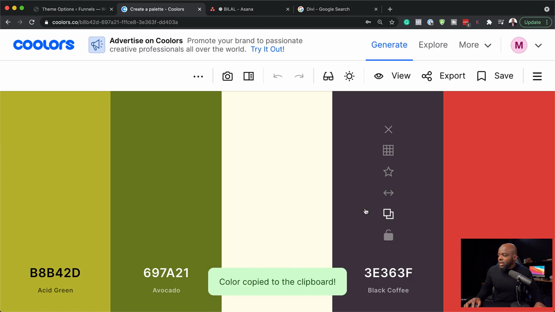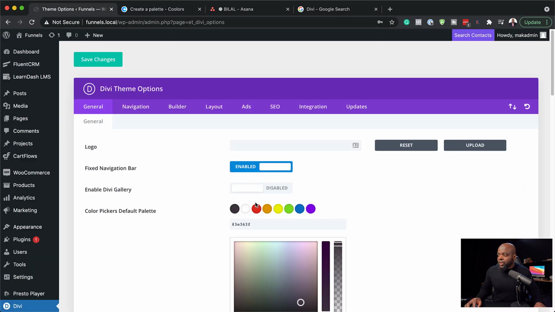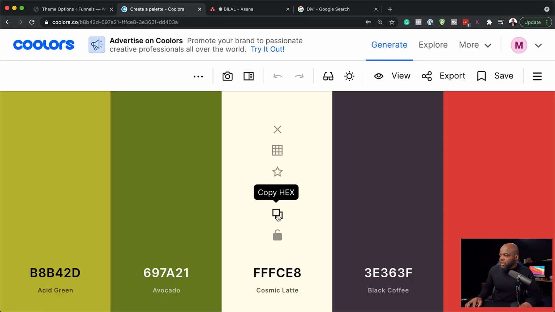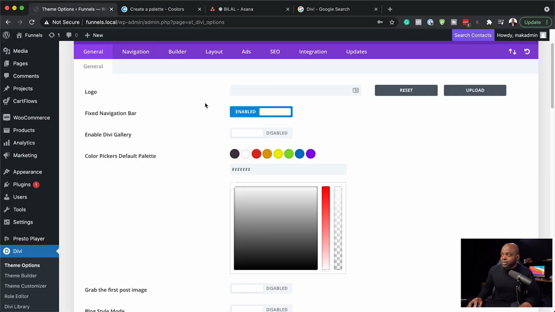So if you click here on this color, you can come over here to your site and paste the color in here just like that. Okay, and once your color is added, you just click away from that, move on to the next color. So this one here is white, and let's say you want to replace this with another color. You can just come over here, copy the hexadecimal value, and you can paste it like that. So as you can see, my color palette here is being populated, and this is how you need to create